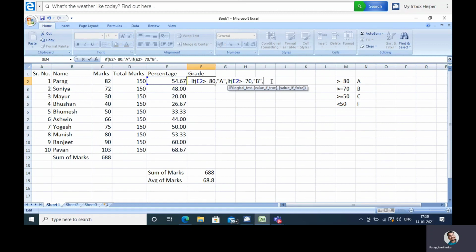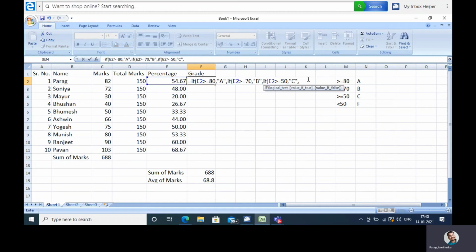Comma, then again I am putting a condition. IF opening bracket, again I am taking this value. If it is greater than or equal to 50, then it should print C.